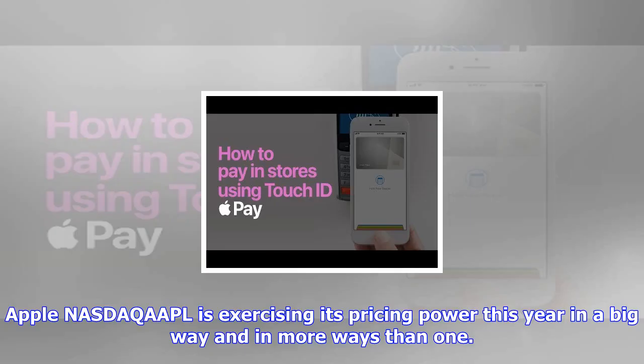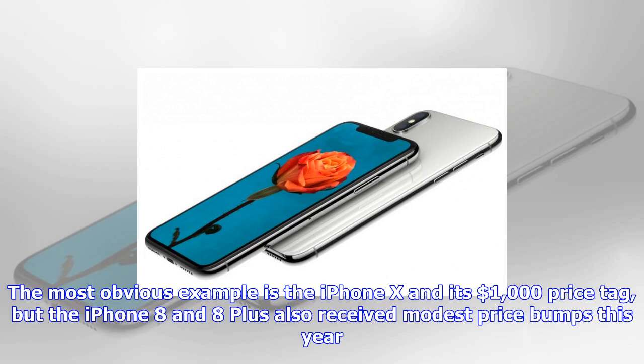Apple (NASDAQ: AAPL) is exercising its pricing power this year in a big way, and in more ways than one. The most obvious example is the iPhone X and its $1,000 price tag, but the iPhone 8 and 8 Plus also received modest price bumps this year. Those devices now start at around $700 and $800, respectively, up from around $650 and $770, respectively, for last year's